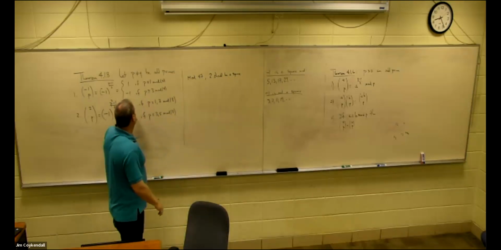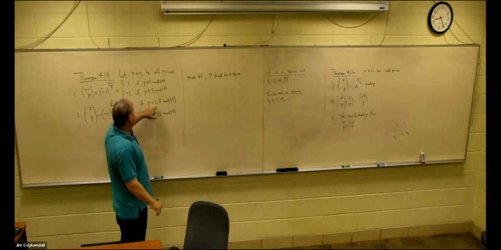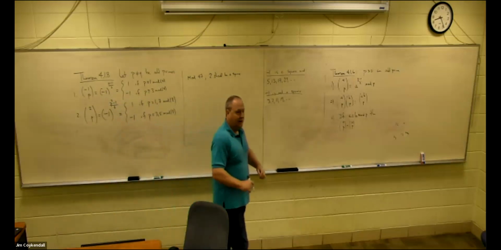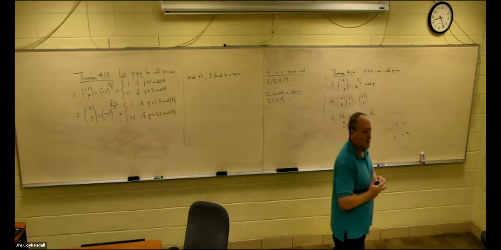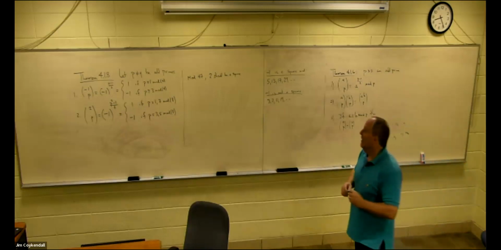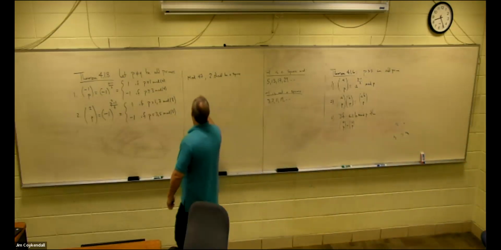Right, because if you look at 47, that is equivalent to 7 mod 8. So there should be something that squares to 2 mod 47. Yeah, that's right. In fact, 7 squared